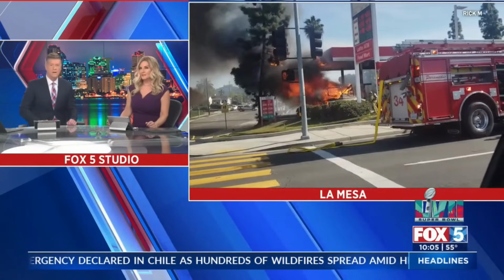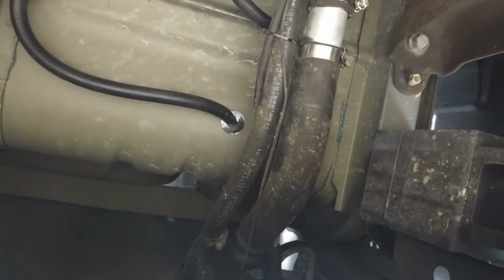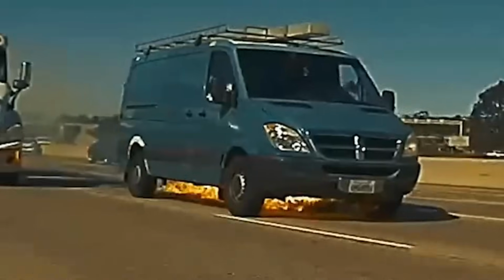RV burst into flames. 3 people were in the RV getting gas when it caught fire. This was around 2. The invisible threat of fuel vapors poses a particular risk, as they can ignite from something